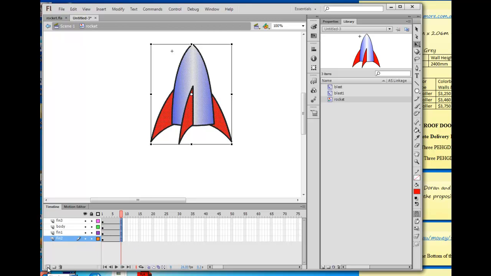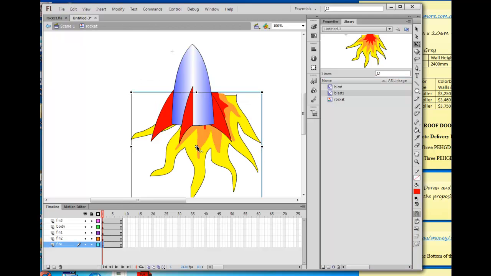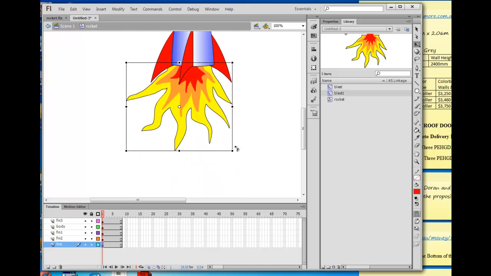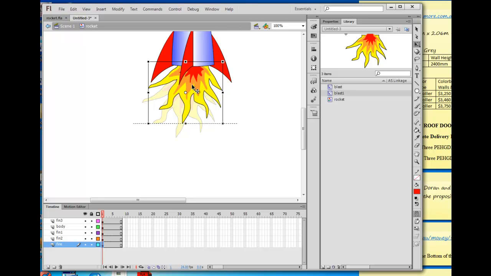We're now going to create another layer called, I don't know, fire or something like that, doesn't really matter, and we'll put that at the bottom and go to the first layer, first frame of that layer, and drag in your animation, which was the last one. I think it was called blast 1. Going to drag that in, and in fact I'll resize it so it doesn't look completely out of place, and put it here roughly. So it's coming out of the bottom of the rocket,